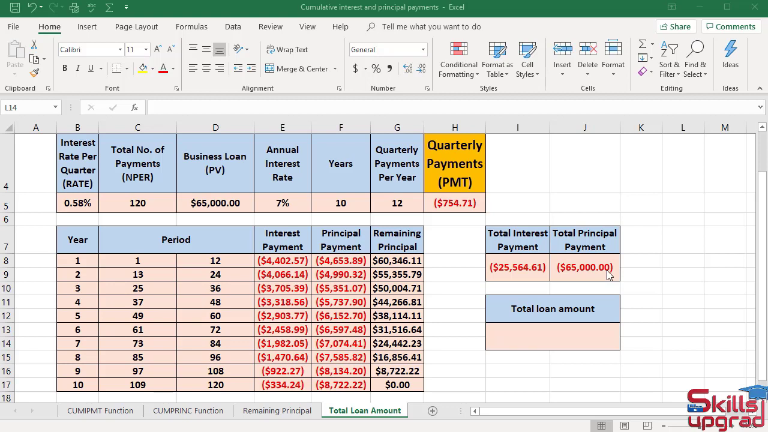So how much total amount is paid to bank if company borrows $65,000? Active cell reference I13, enter equal sign, add these two cells values. Click cell reference I8, enter addition operator, click cell reference J8. Press enter key. Formula returns $90,564.61. So company pays total loan amount to bank within 10 years